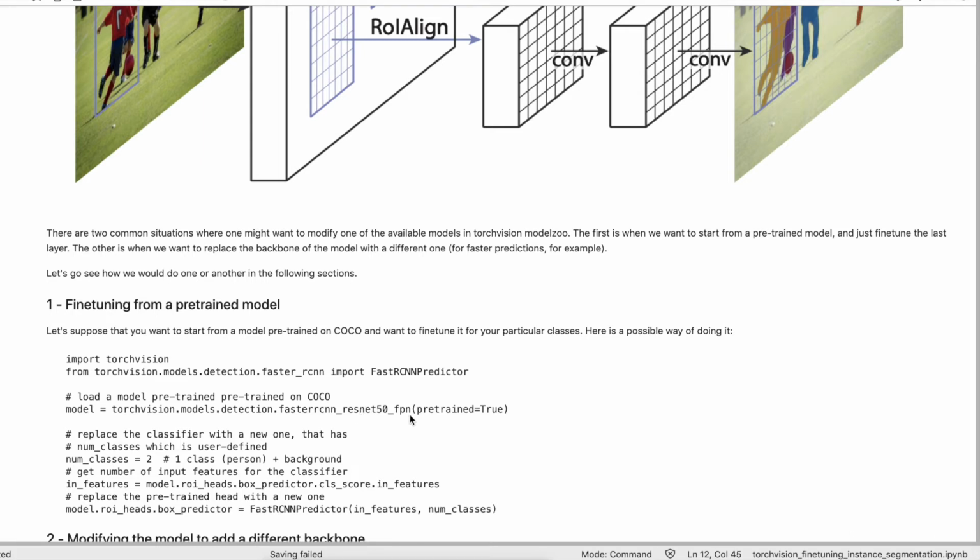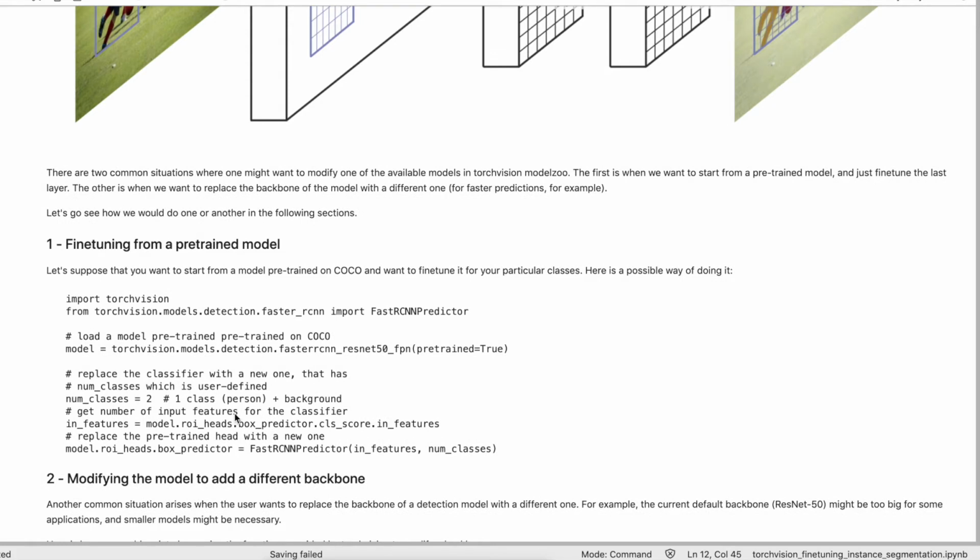Here ResNet-50 is used as a backbone to share features, like I explained in the last tutorial. The pre-trained model will be used here, and we change only the final class. We use only two classes, number of classes 2, one class person and another class background. We take the output feature map, and then we replace the pre-trained head with the new one.